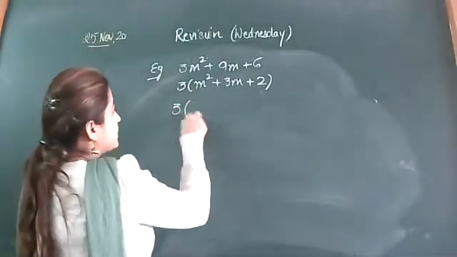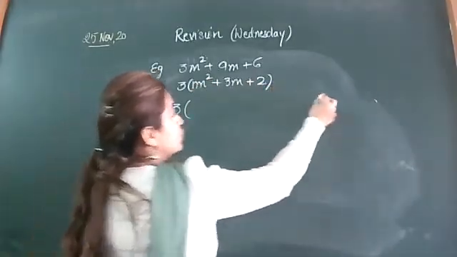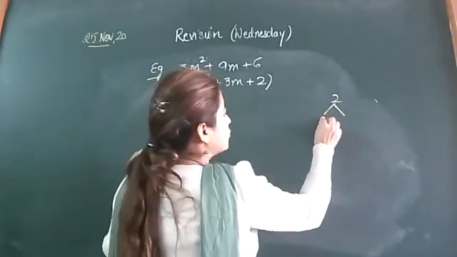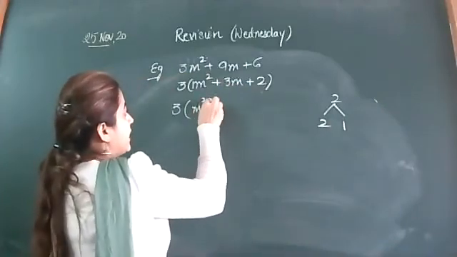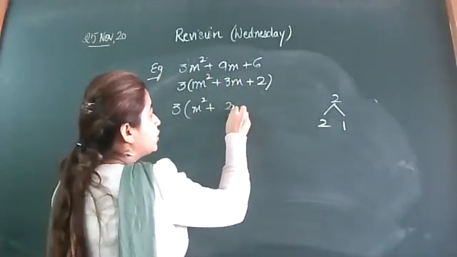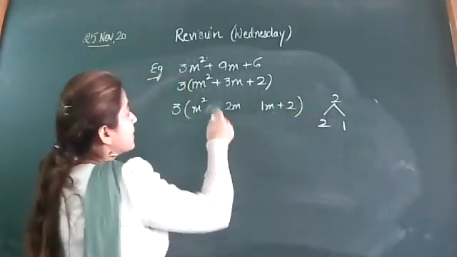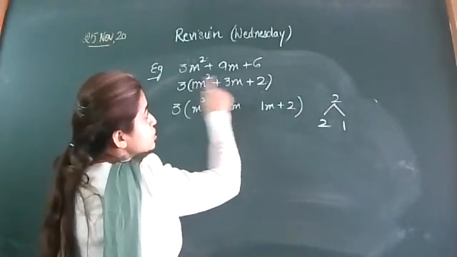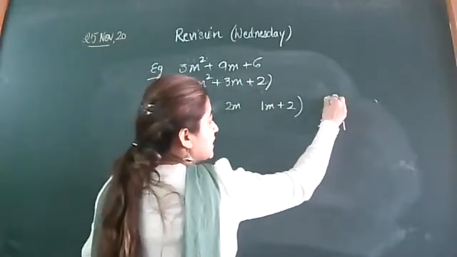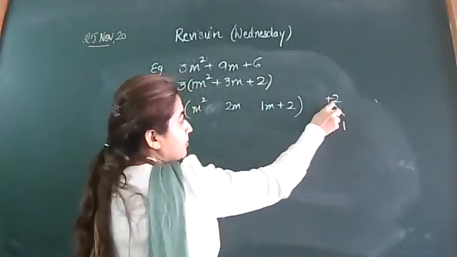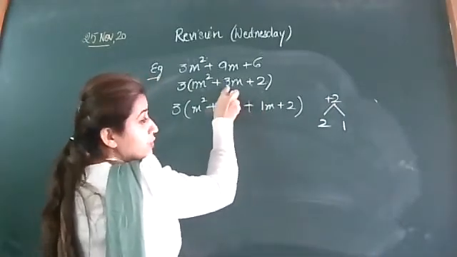So let's apply the middle term splitting method. For this, you will multiply the first and the last term. 2 ones are 2. So you will make the 2 factors of 2, that is 2 ones are 2, and 2 plus 1 will give you 3. So in place of 3m, you will write 2m. I'm writing the factors. Later on, we will decide about the sign. As you can see, we want plus 2. 1 into 2 will give you 2. This has a plus sign. So that means we want plus 2 after multiplication. So I'm putting a plus sign here, because plus plus will give you 3m.